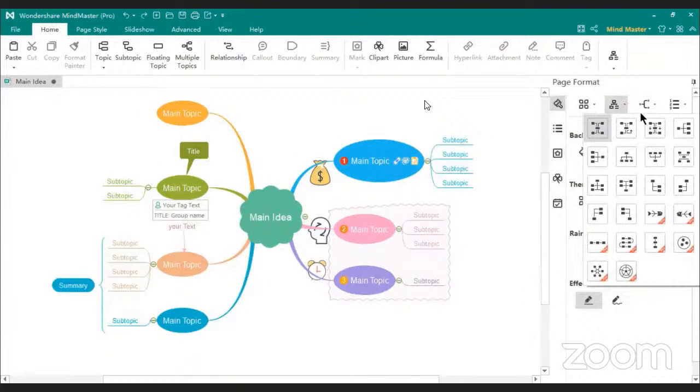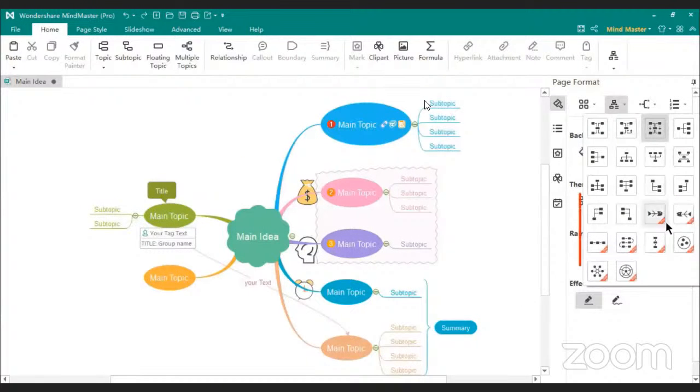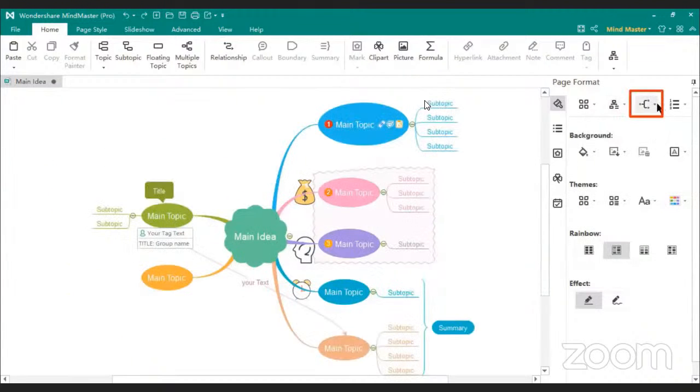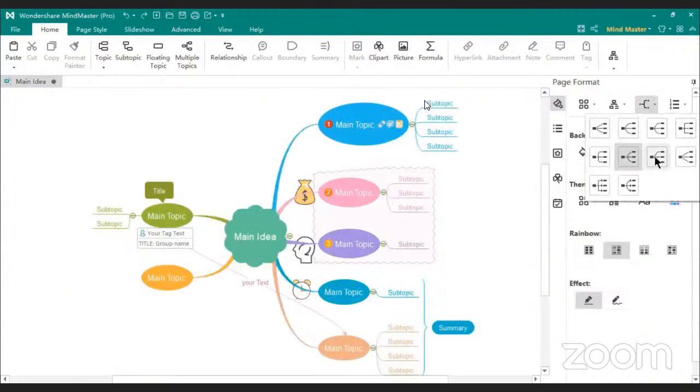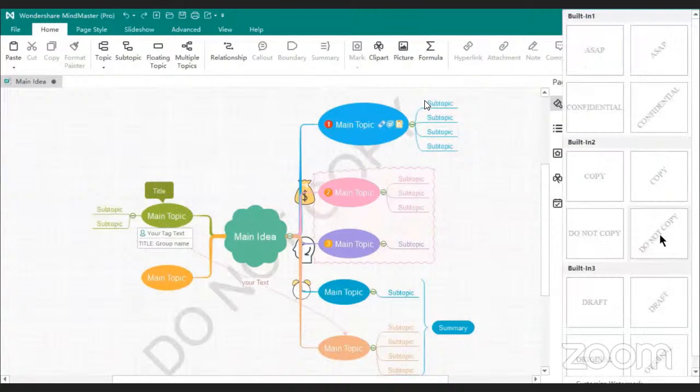Under Layouts, you will find 22 different built-in layouts, and these can be used to modify your mind maps into different styles. The Connector Lines tab has different built-in styles to modify the connector lines of your mind maps. Under the Background section, you'll find options to change background colors, fill in with patterns, and to add watermarks onto